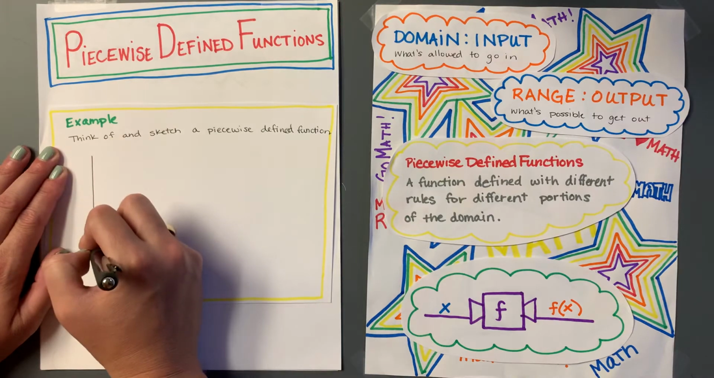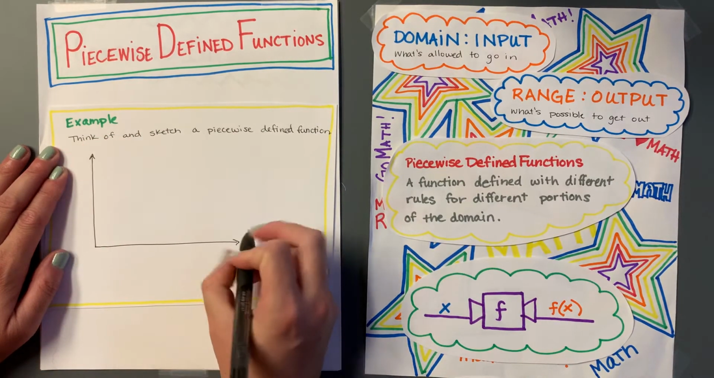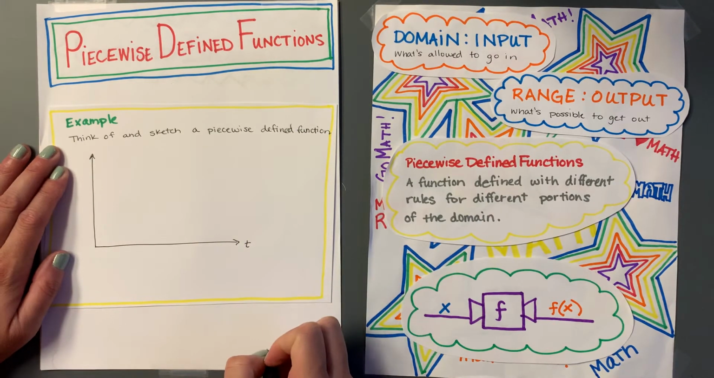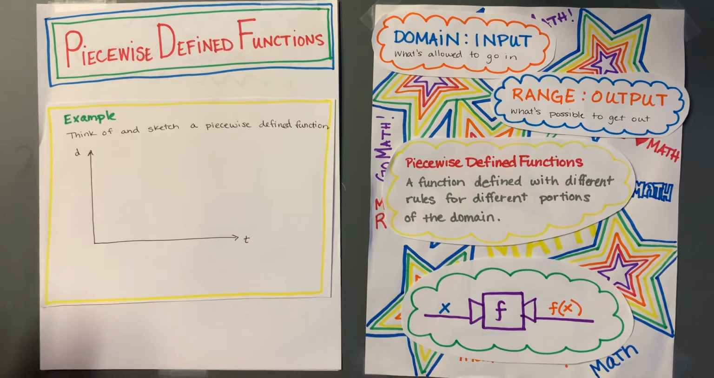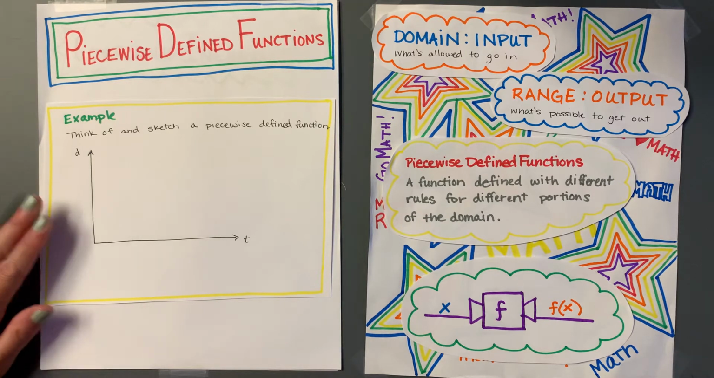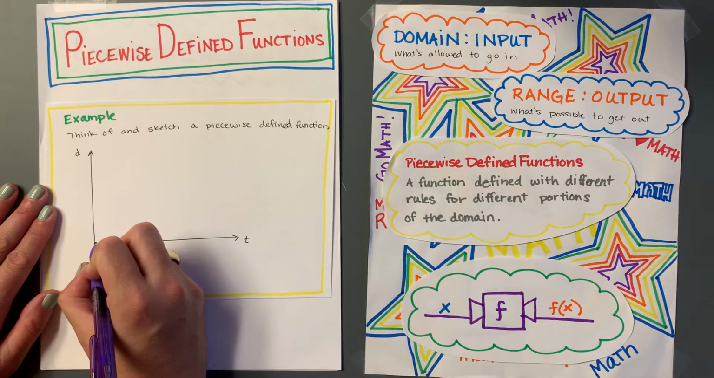So I am going to draw an axis here. I'm going to make my x-axis time and my y-axis distance traveled. And I am going to have a piecewise defined function that is my drive up north to northern Michigan from my house. Okay, so what happens is I start at home and I leave my house